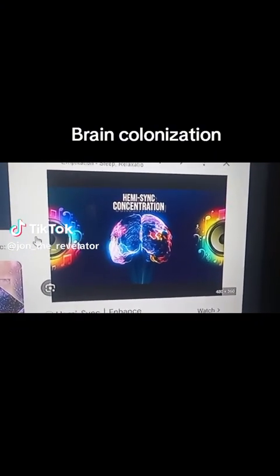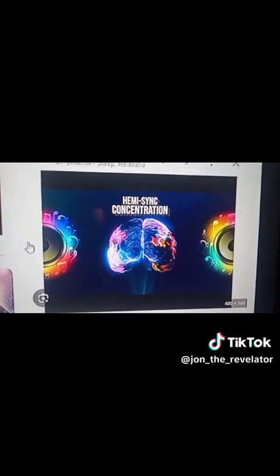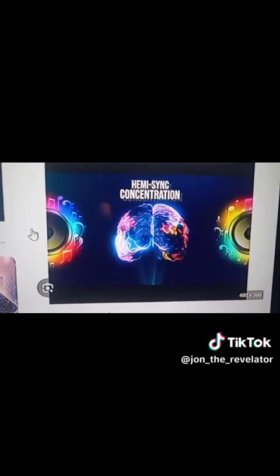Okay, so I'm just saying it pays to use both sides of your brain and not just one side. Now, people say, oh, I listen to HemiSync all the time. You're not putting any work in. You're sitting there listening to something. Now, maybe it might have some kind of impact, and sound does impact the frequency of our brains and our body. It might have. But ultimately, if you don't switch hands, like brush your teeth,